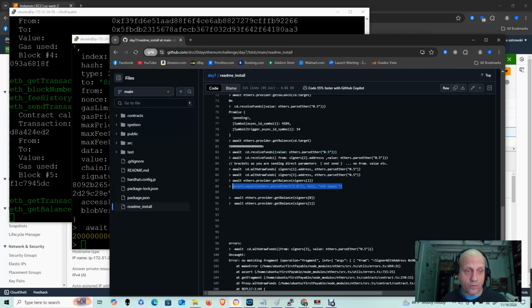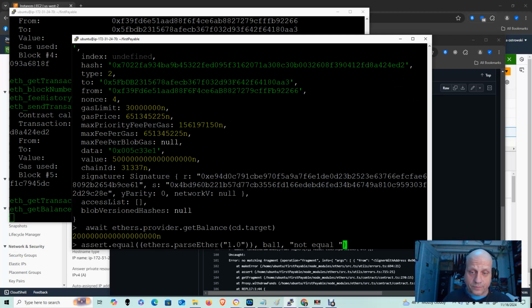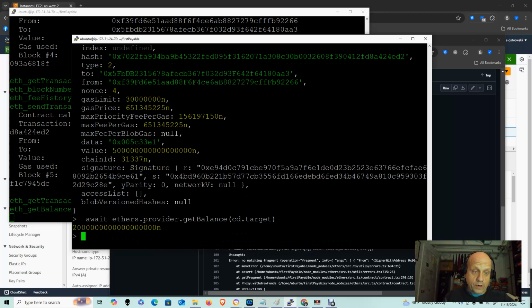I'm kind of out of order here. Now this command, I'm going to set it up to test for 2, and I'm going to check against the balance. I didn't set a balance here, so instead of embedding it, let me just go back to the get balance,